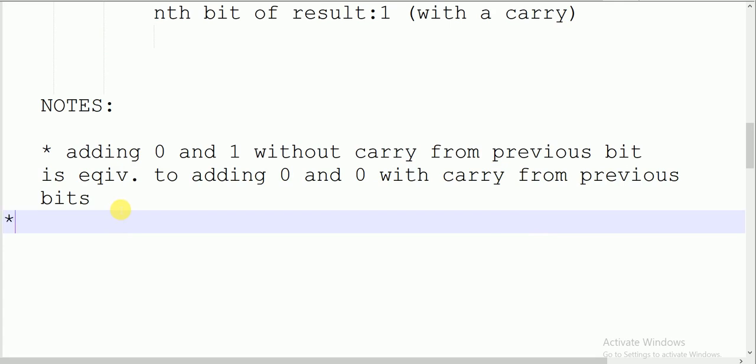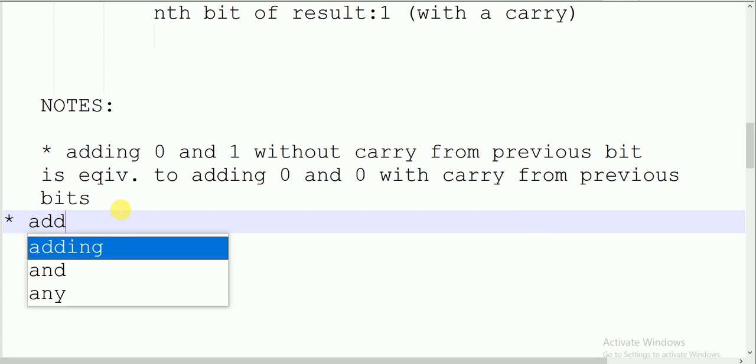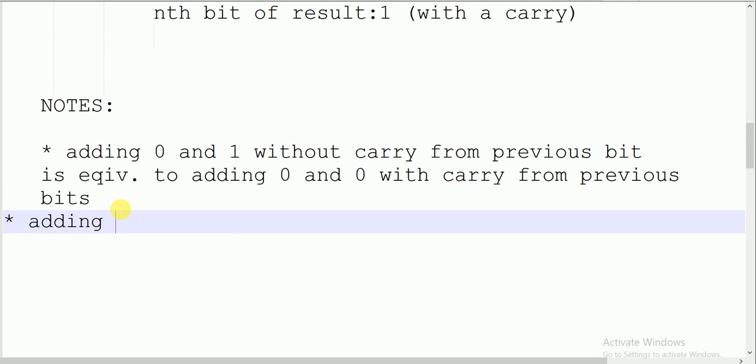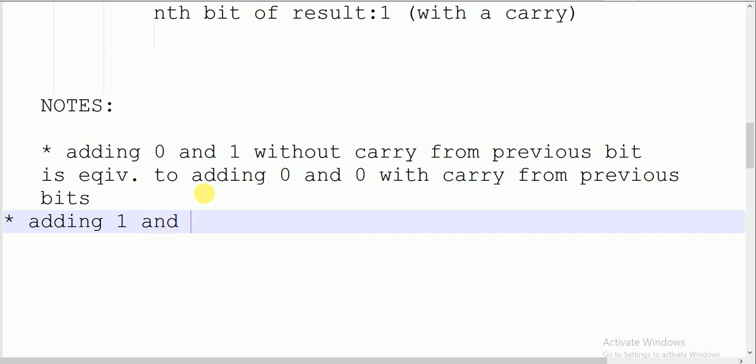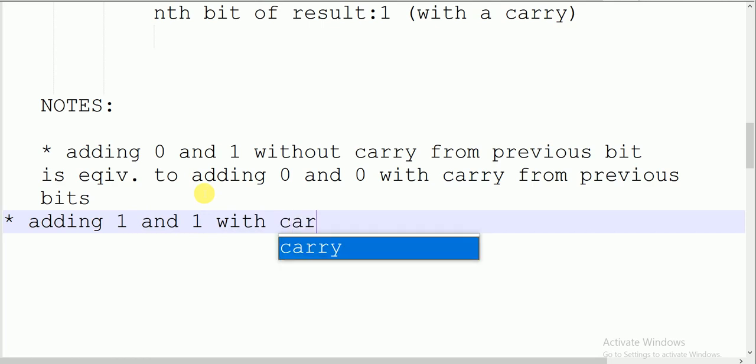And the next one is, of course, adding 1 and 1 with carry from previous bits. Remember, it's previous bits. I'm not going to write that anymore. Is equivalent to